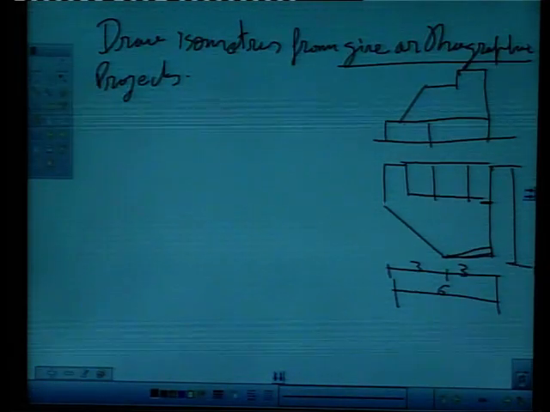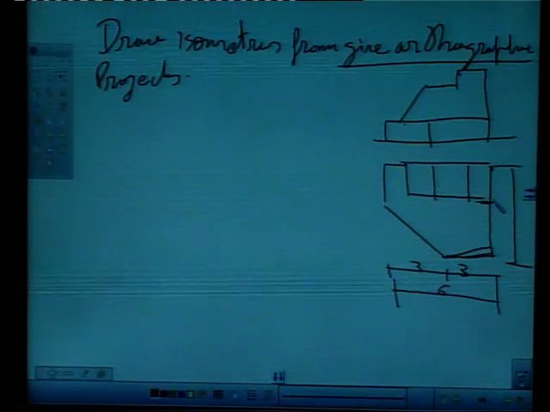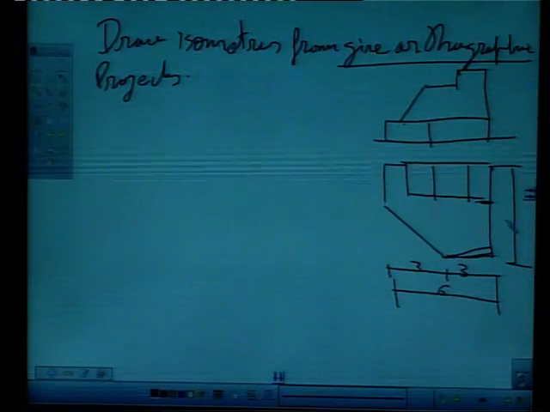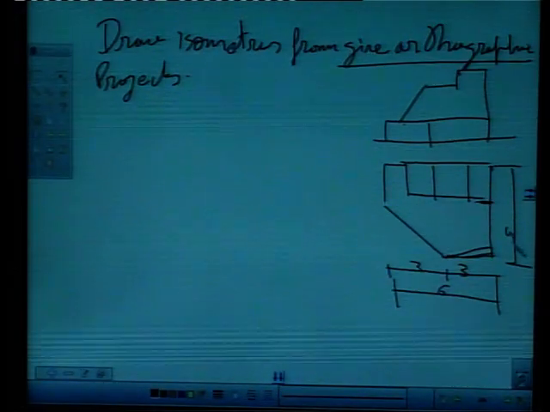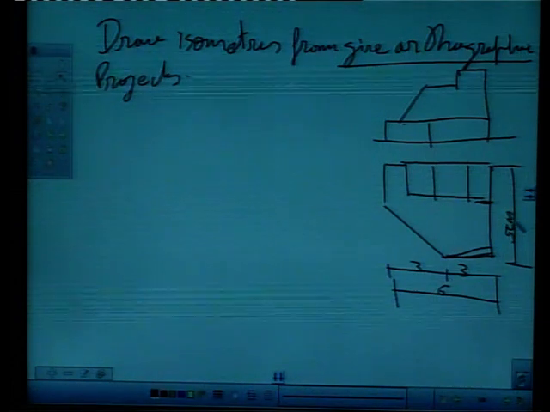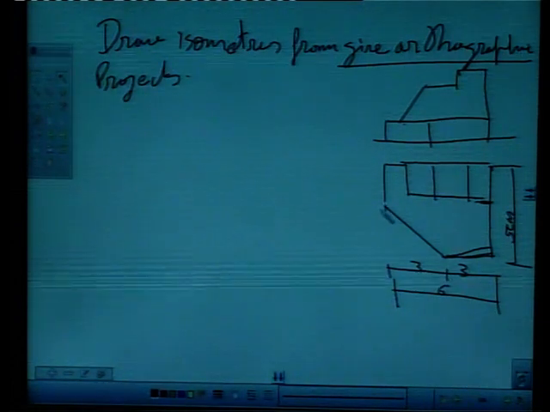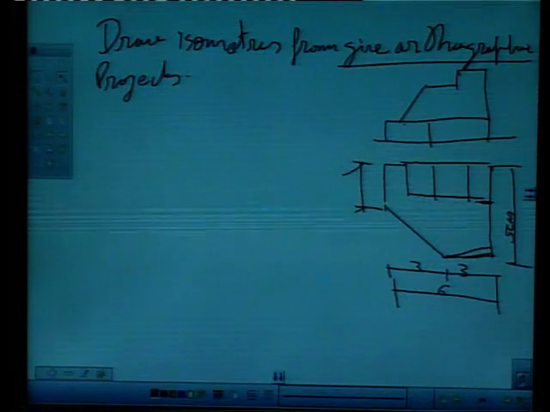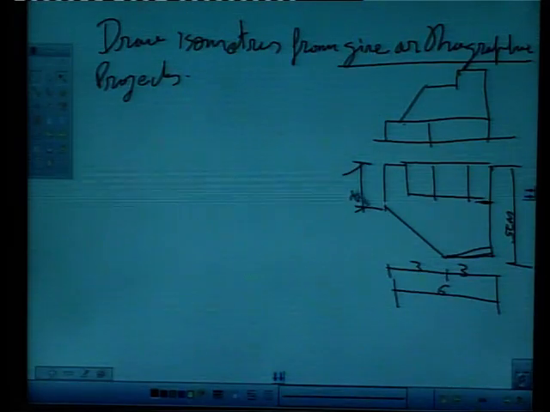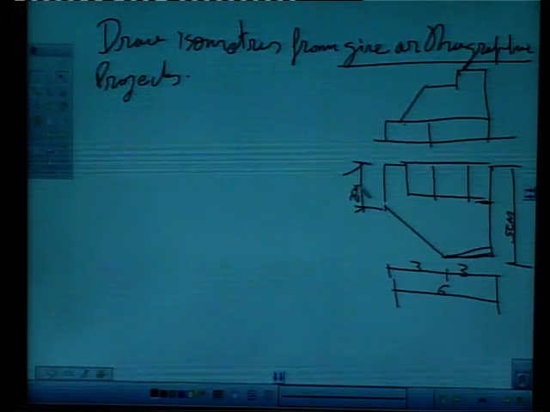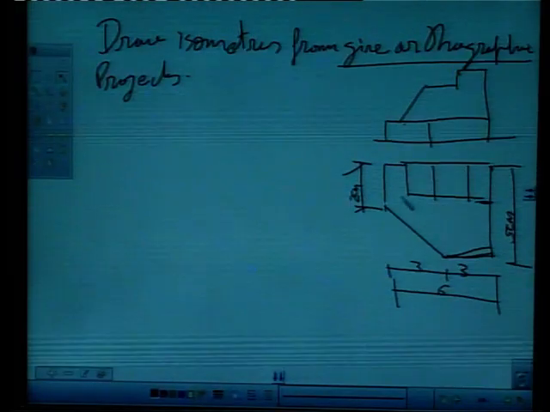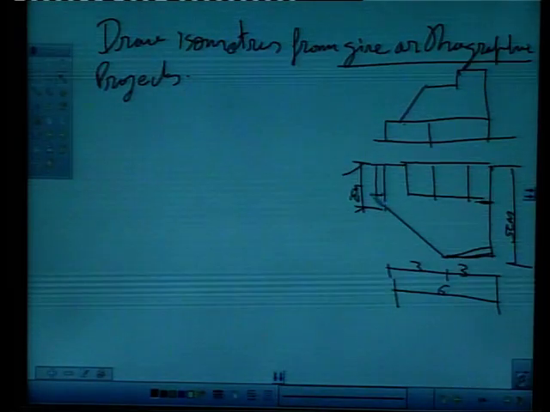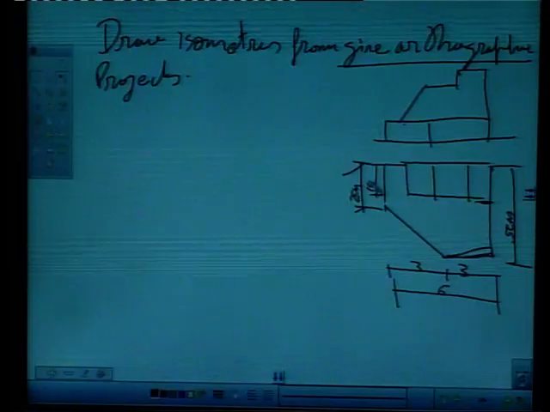And this dimension here is, say, total is 5, right here like this, right, and this dimension here is say 2 centimeters, right, and this dimension here is say 1 centimeter, right,